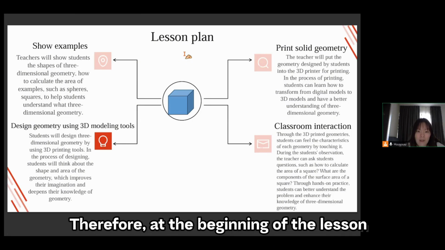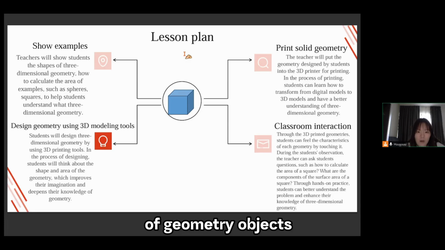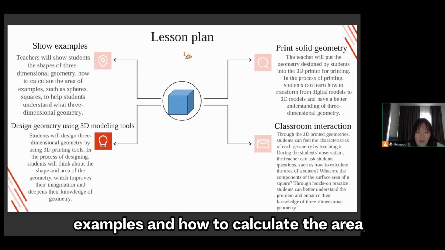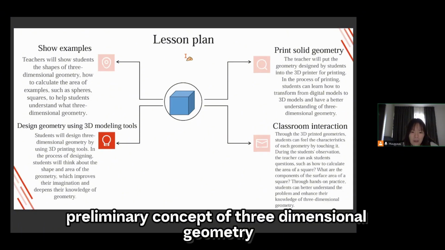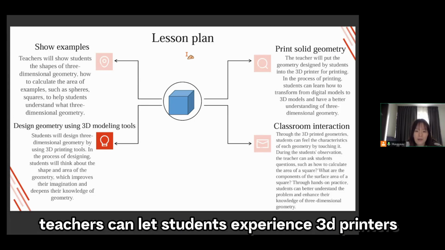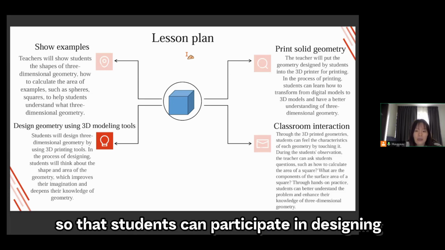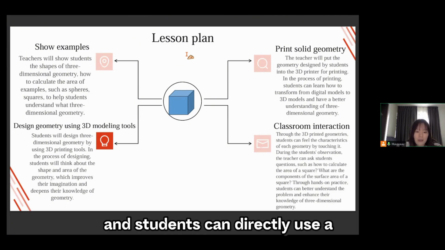Therefore, at the beginning of the lesson, teachers can show students the shapes of geometry objects, examples, and how to calculate the area, so a student can have a preliminary concept of three-dimensional geometry. After understanding the concept, teachers can let students experience 3D printers, so students can participate in designing, making, and touching. For example, printing a circular sphere or prism, and students can directly use a ruler to measure its dimensions